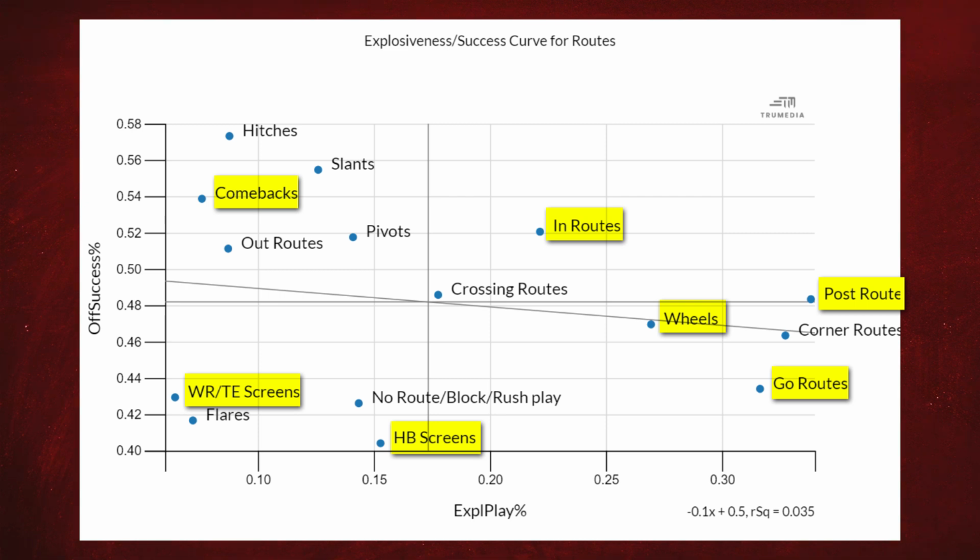Compare that to Clemson, who we know has emphasized success rate this season. They were above average in targeting hitches, flare routes, crossing routes, slants, pivot routes, and in routes. While these two seem to lie a bit on the extreme, they emphasize a common split in how modern spread offenses are run.